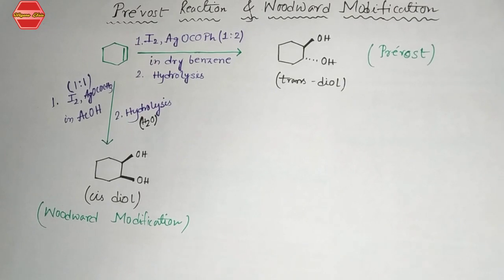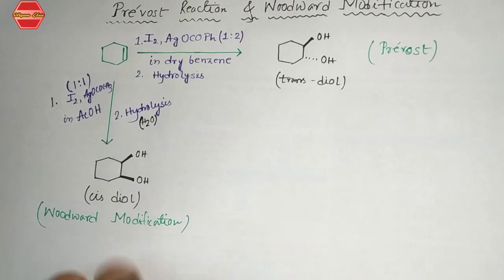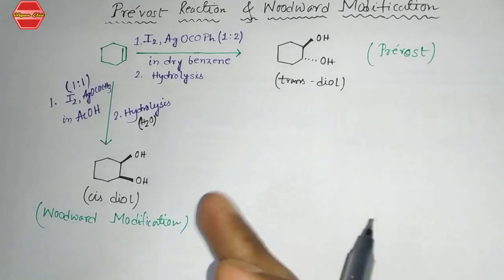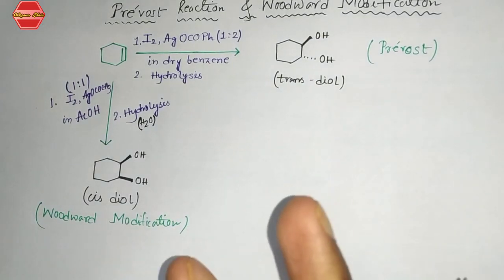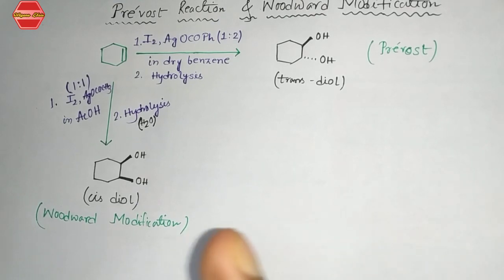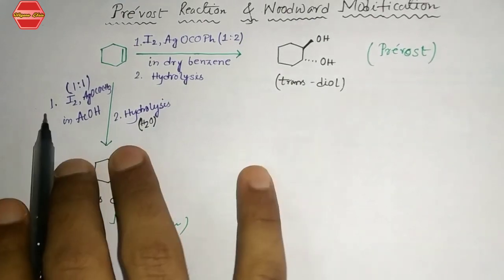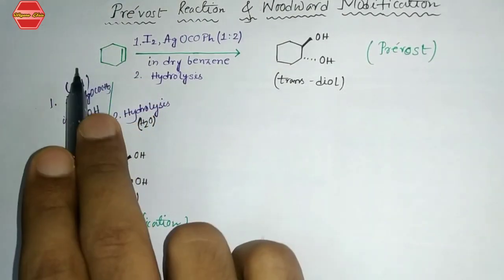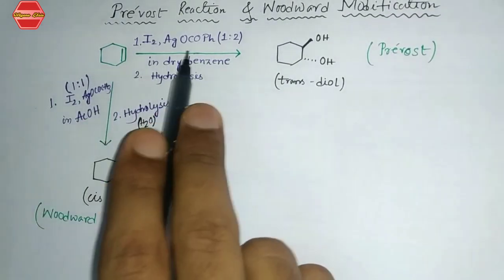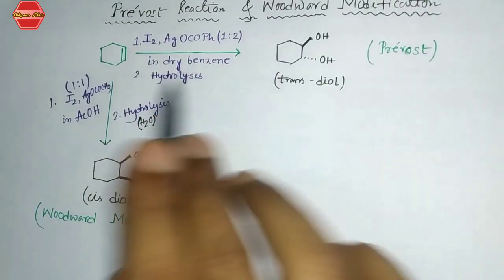Now see, the motive of this reaction is that if we take any kind of alkene and try to form a diol, either in cis form or in trans form, then we can use this type of reaction or this type of reagent. So at first I am taking a substrate like cyclohexene, and here I have written these two reagents. The two reagents are almost the same, but there is a slight difference and a slight twist between these two reactions.